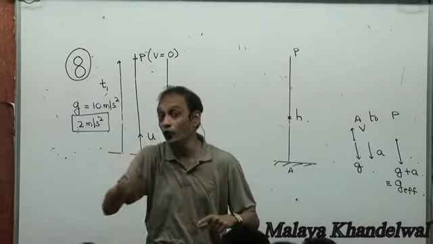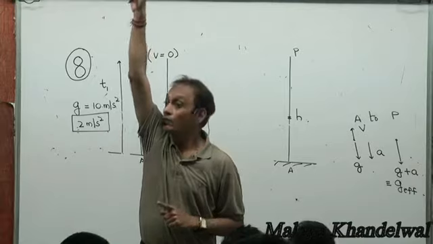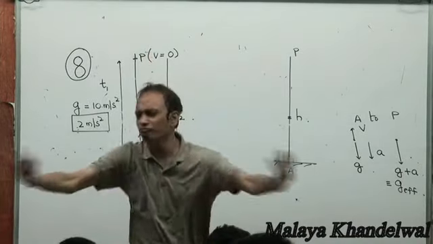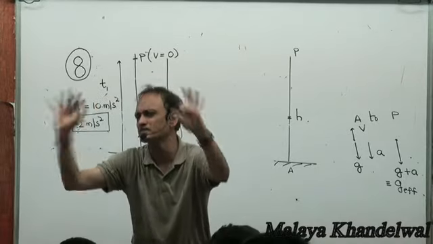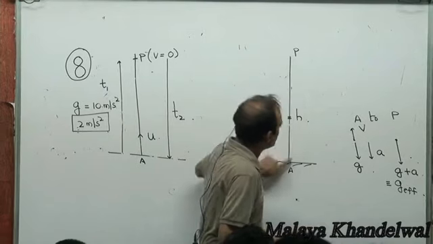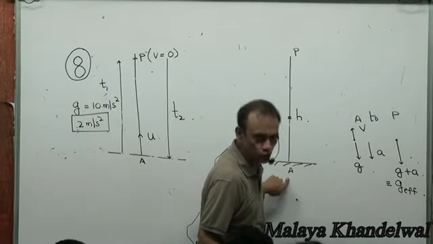Although when it is coming down, A is acting upwards, because when it is coming down, air resistance is upwards and it's going to be A upwards. But forget that for some time. Forget all about that. If it is g plus A downwards in a full trip from A to P and back to A,